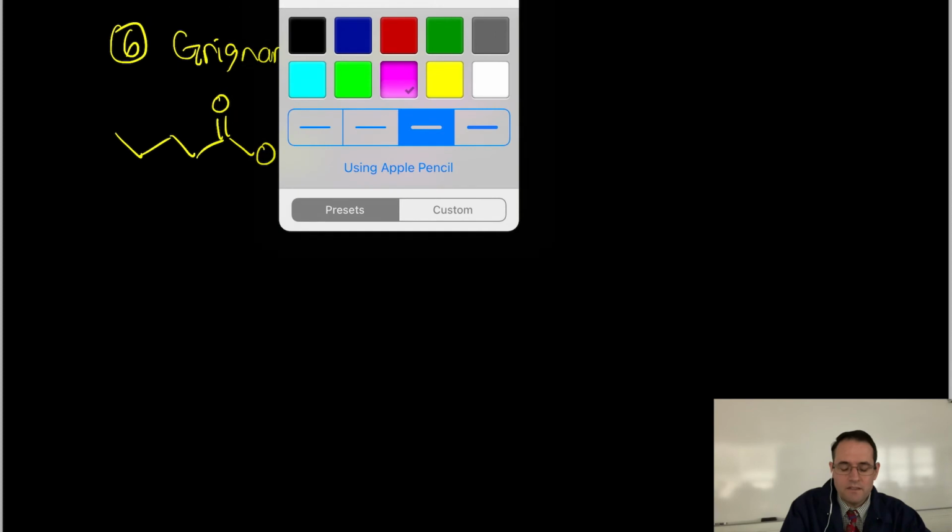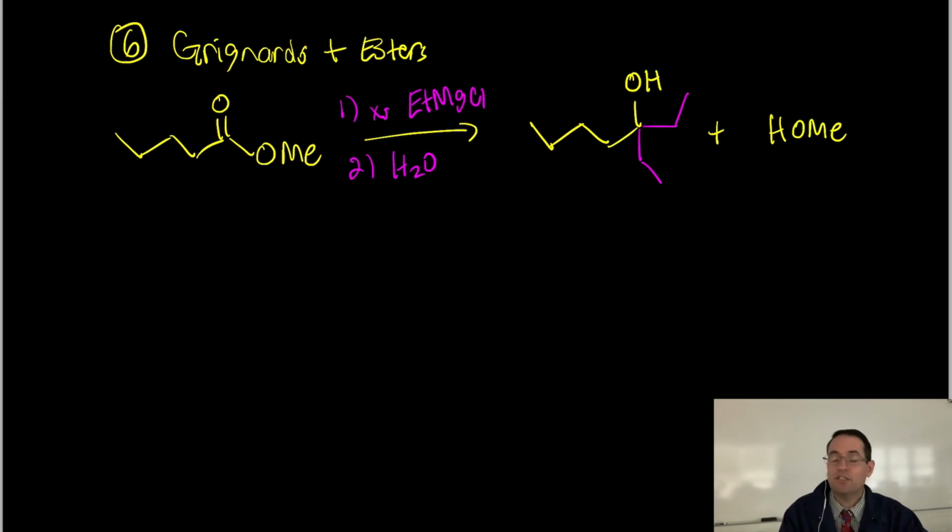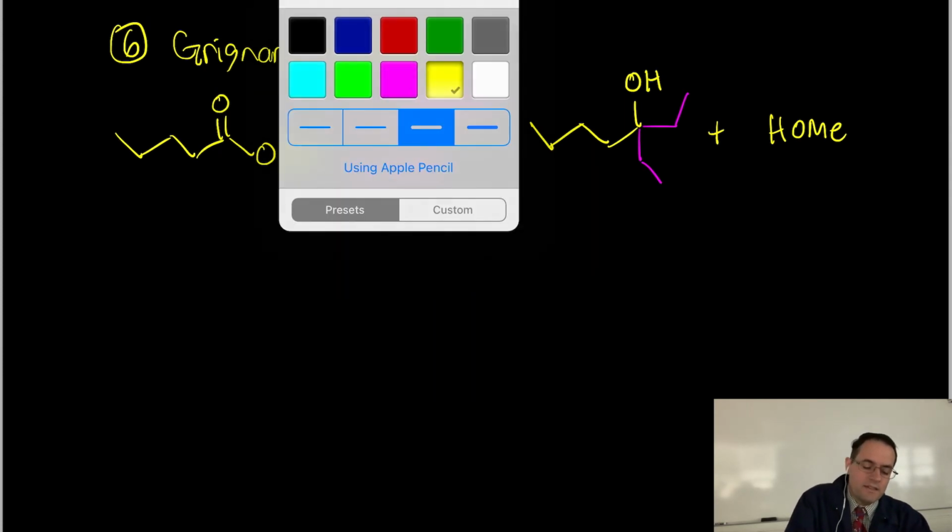And then we'll add water there, okay? And what we get here is a tertiary alcohol where we've now incorporated two ethyl groups into the molecule. And we spit out methanol there, okay? HOMe, all right? So how does this reaction work? It works just like we saw with acid chlorides, and the textbook actually does show a mechanism there, 21.10. So what you've got is